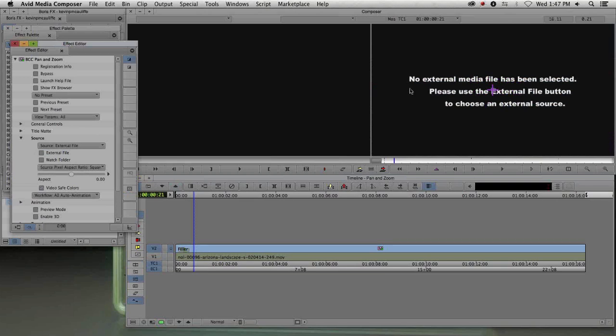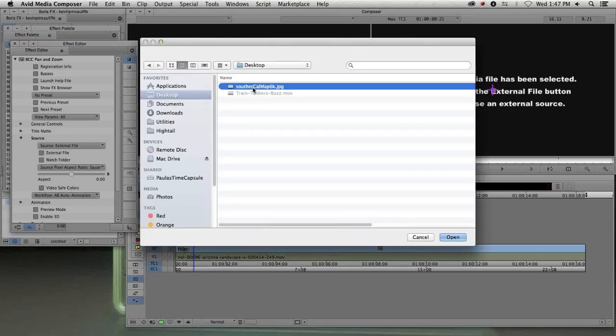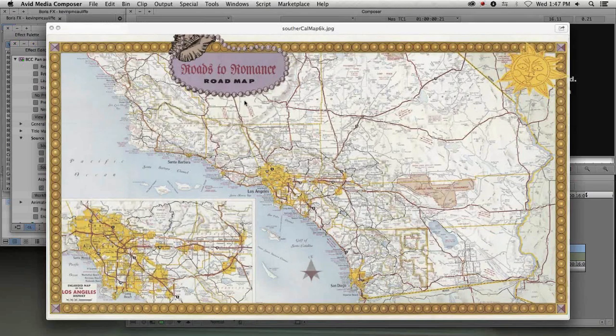And of course I'm going to be asked, well, no external file has been selected. What do you want to use? So I'm simply going to come to the external file button, and I'm going to use this cool map of Southern California, because remember, Southern California does have the road to romance, in case you didn't know that. But you do now. Our road to romance is going to take us from Los Angeles over to Joshua Tree National Monument, and from Joshua Tree National Monument up to our Roads to Romance